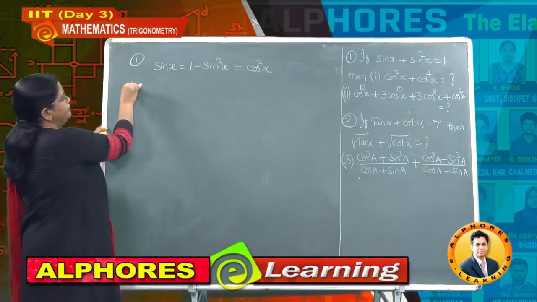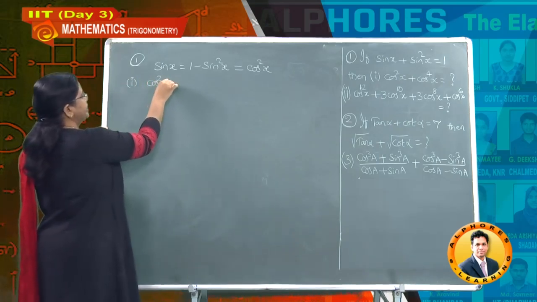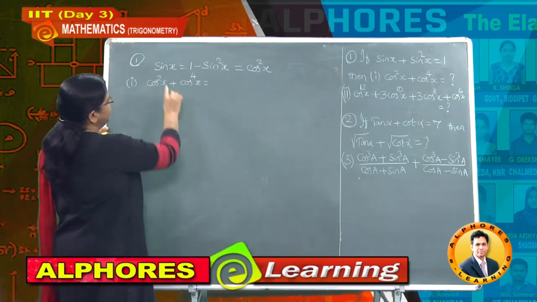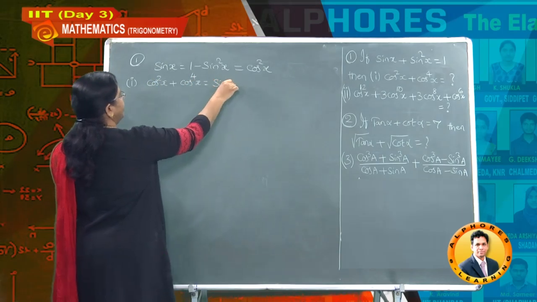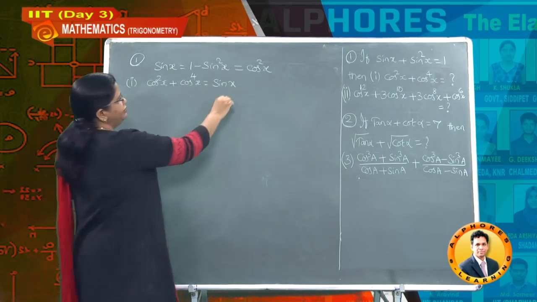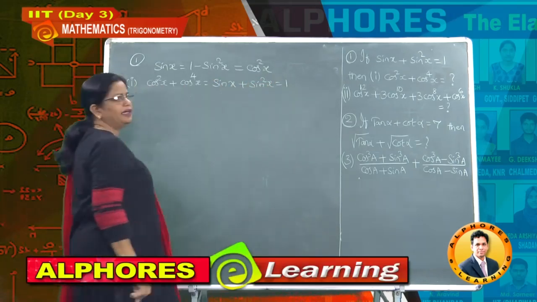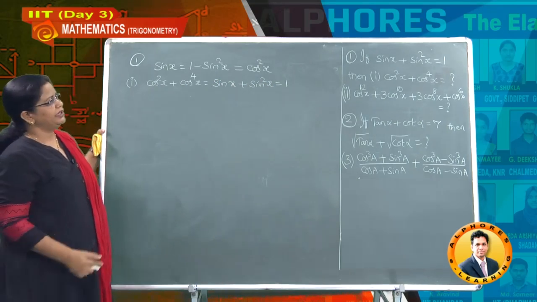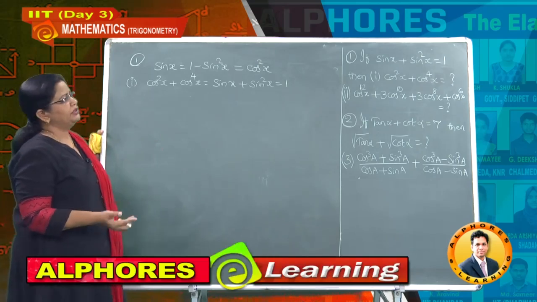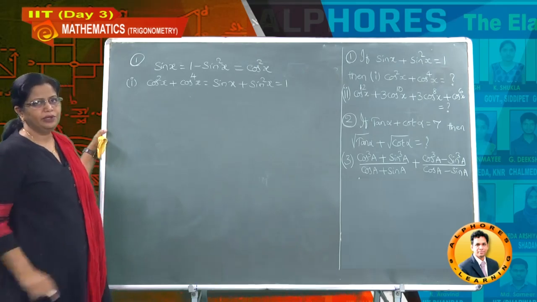Now let us take the first problem in this, cos square x plus cos to the power of 4x. So we substitute this cos square x as how much here? It is nothing but sin x, and immediately this cos power 4 is cos square whole square, therefore it will become sin square x. This is nothing but the given condition, so you got the answer as 1. No need of checking here, this equation will be satisfied for x is 0, pi by 2, so that I can do a shortcut, not necessary, the direct procedure is also very easy.